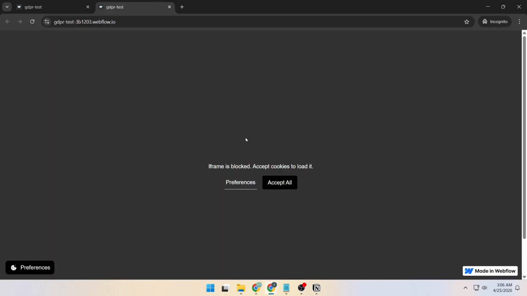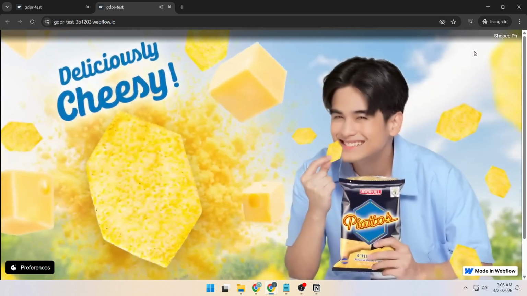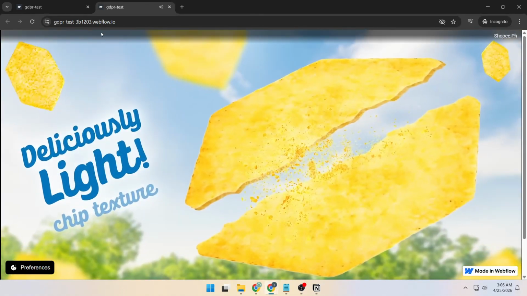In the duplicated tab, click Accept All on the banner. As soon as consent is granted, the YouTube placeholder switches back to the real embed, and the video loads and